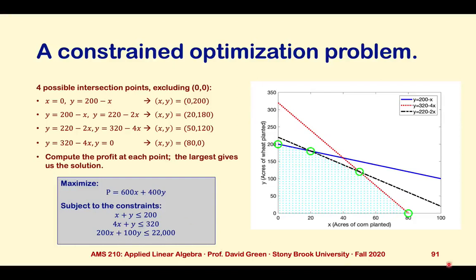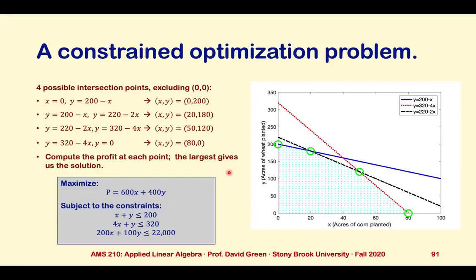So we kind of draw this picture. We say, okay, look, there are 4 points of intersection. Actually, there's one more for the implicit pieces down here of 0, but planting nothing gives no profit. So that's not likely to be our answer. And so all we really have to do at this point is plug in what these intersection values are, x and y,